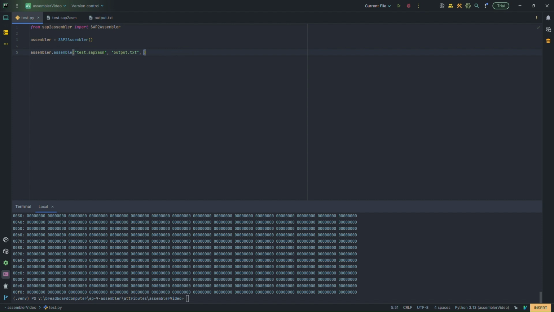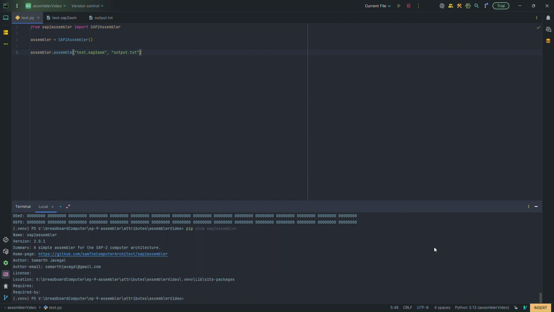And next I'm going to tell you about the CLI, or the command line interface. So after we installed it, you can see again, pip show sap2 assembler. You can see here we have installed it. Then you will have a new command in the terminal, sap2 assembler. You can type -h for help,